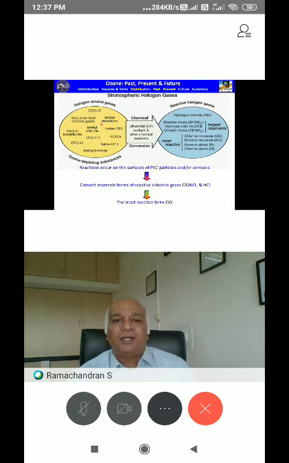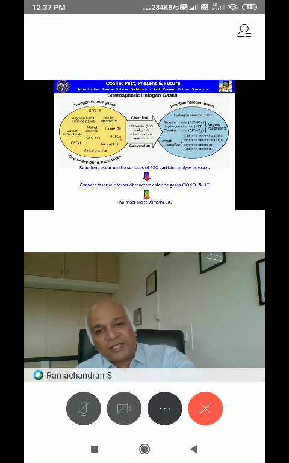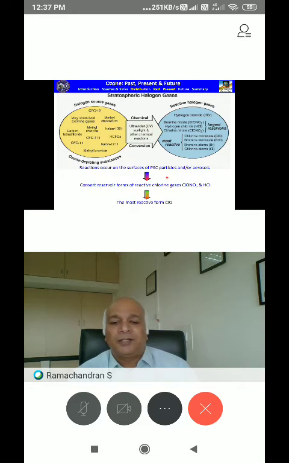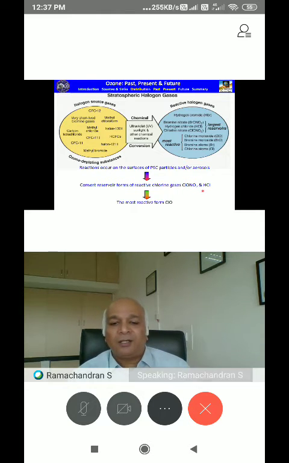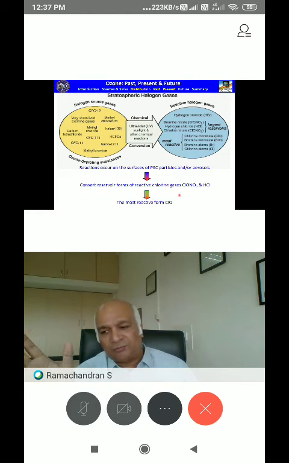So this is again illustrated here. The halogen source gases, with the chemical reactions that occur with the amount of ultraviolet sunlight available, get converted into reactive halogen gases. These reactions occur on the stratospheric clouds, which we'll see next. Then they get converted into reservoir forms of reactive chlorine gases such as ClO and hydrogen chloride. And then the most reactive form of this is ClO, chlorine monoxide, which is very, very efficient